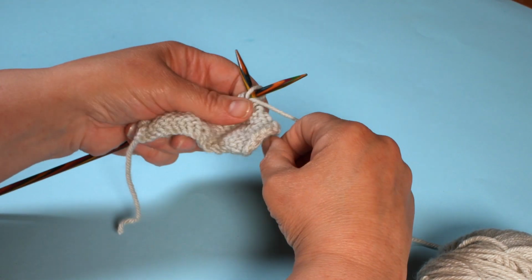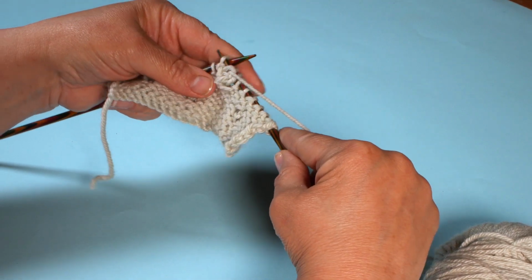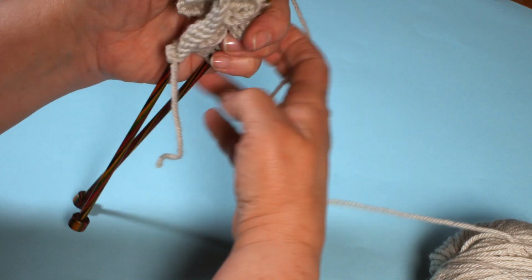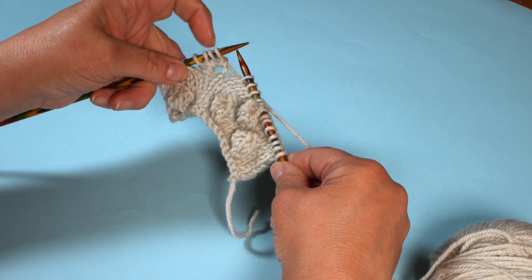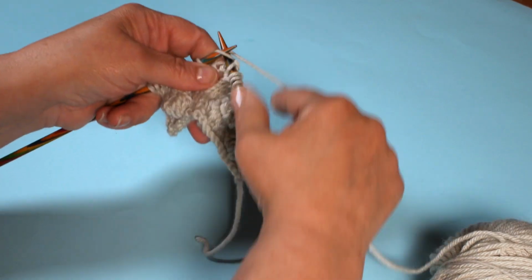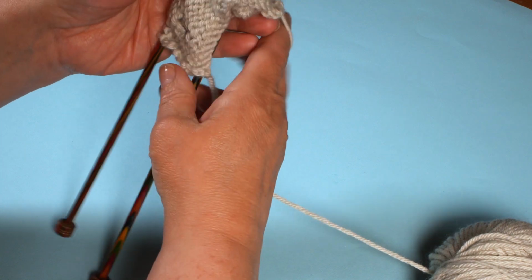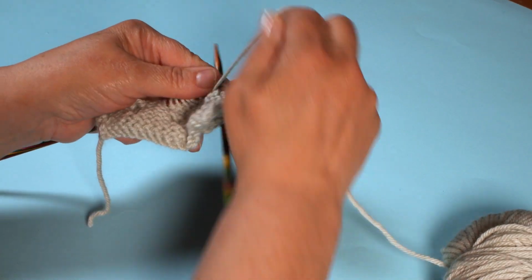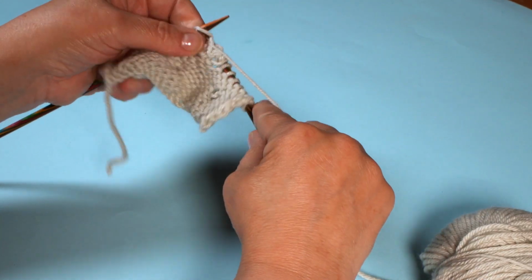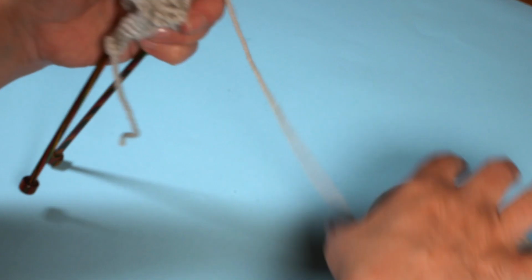So we purl them, 1, 2, 3, 4, turn the work again, and there's our 4 stitches, remember, that we're working on. Then we're going to knit them, 1, 2, 3, 4, and then we turn the work again, and we purl them again, those 4 stitches, 1, 2, 3, 4, and then when we turn the work back to the right side,